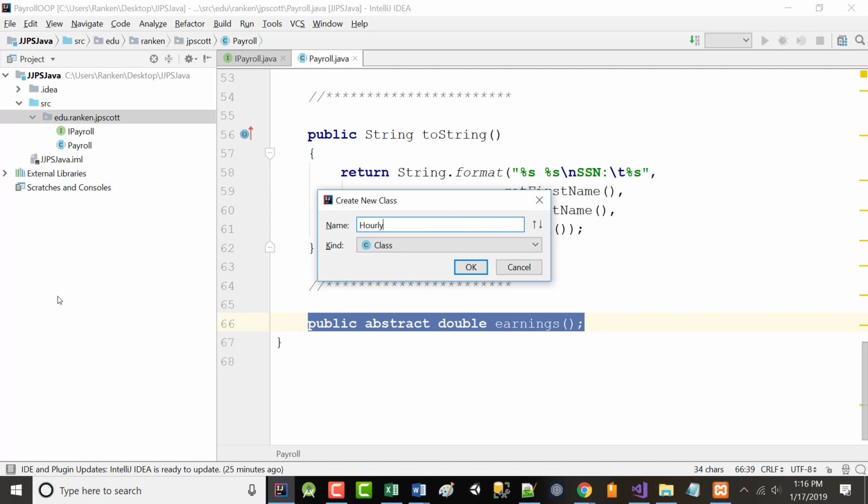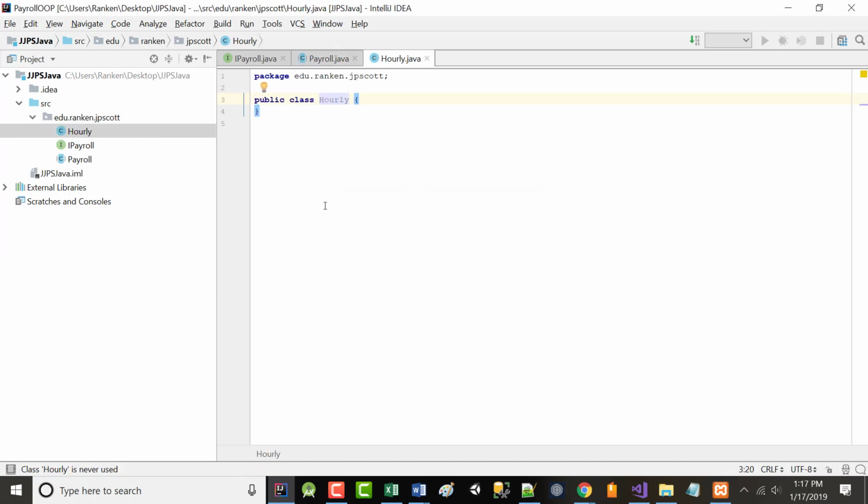So we're going to create 4 classes now. We're going to do hourly. Then when we get done, we're going to do commission. Then when we get done, we're going to do salaried. Then when we get done, we're going to do piece worker. And then when we're done with all 4 of those, we're going to create our driver. And we're going to create objects in that driver of each one of the 4 classes. And we will be able to do the sets and the gets and all that good stuff for each one of them. All right? So I've got hourly. You all do too, I believe. Click OK.